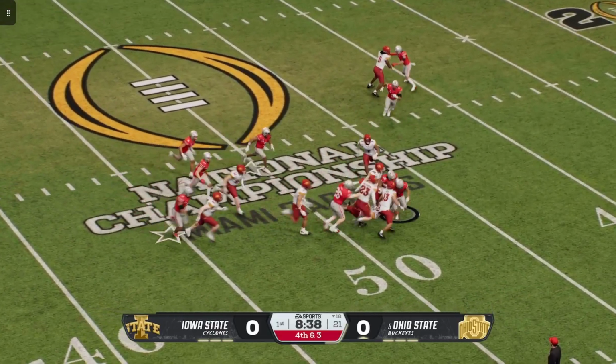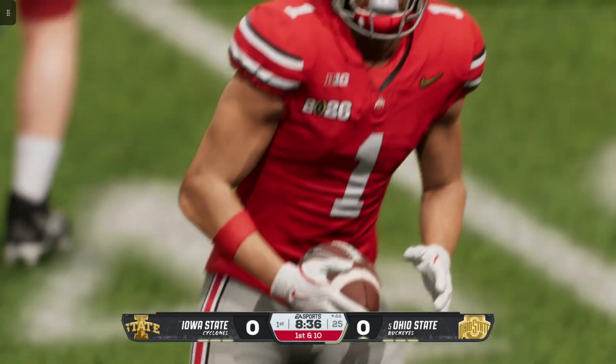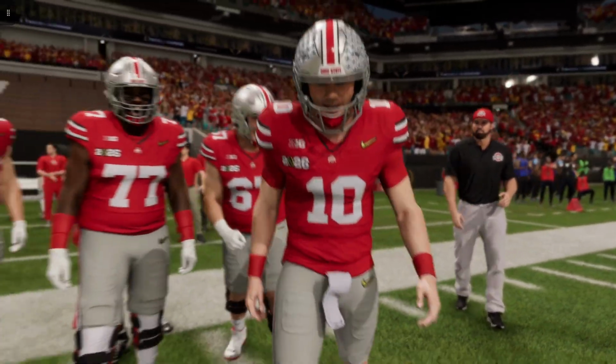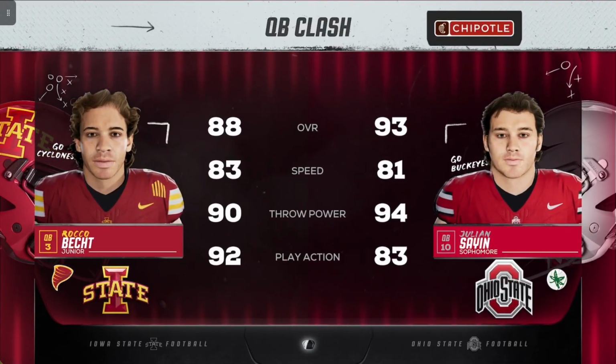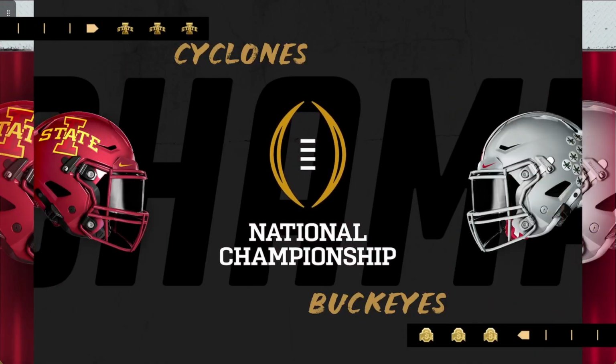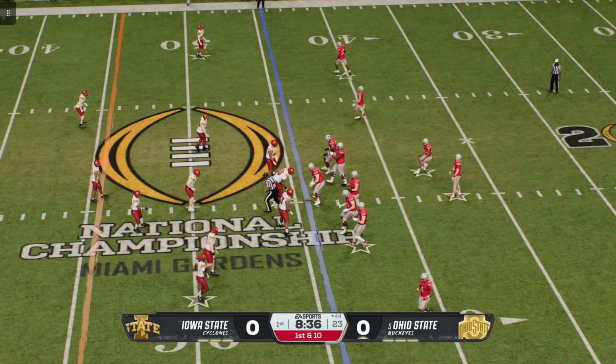See if he can make something happen with the return. And the returner is tackled by this punt coverage team. The Buckeyes offense takes the field. Our first chance to see them today. And Kirk, this is what we've been looking forward to. A matchup of two quarterbacks who are elite, very competitive, matched up against each other today. One of the better matchups we'll see all season.